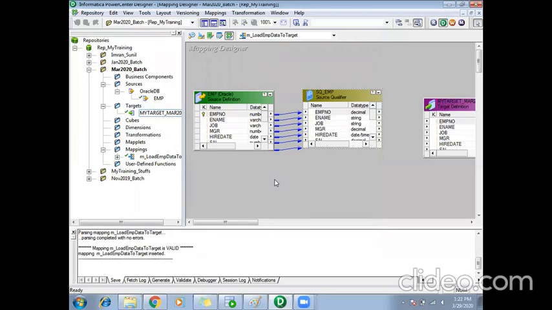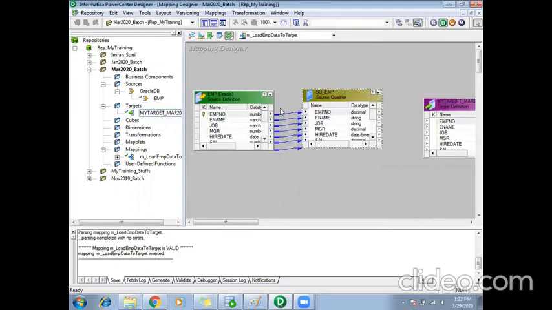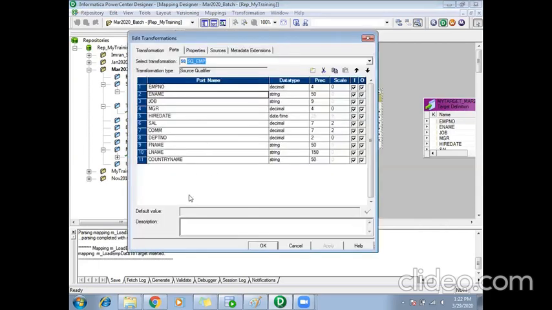If you remember, Ashwath was asking yesterday, if I don't want to use all these columns, what can I do? I was telling you, don't make any changes in your source when you create it. You can make that change in your mapping. Assume that out of these 11 columns, you don't want to use country name. It is not required for you.